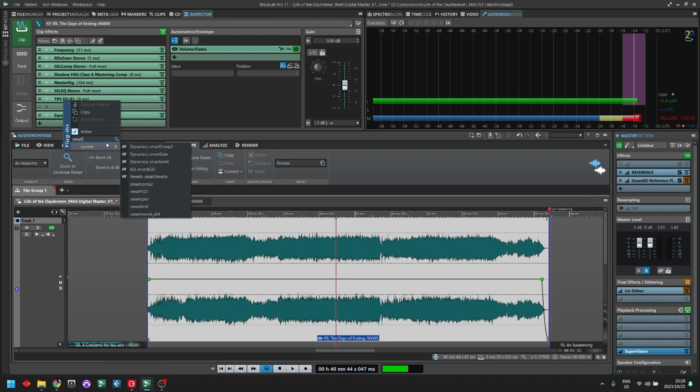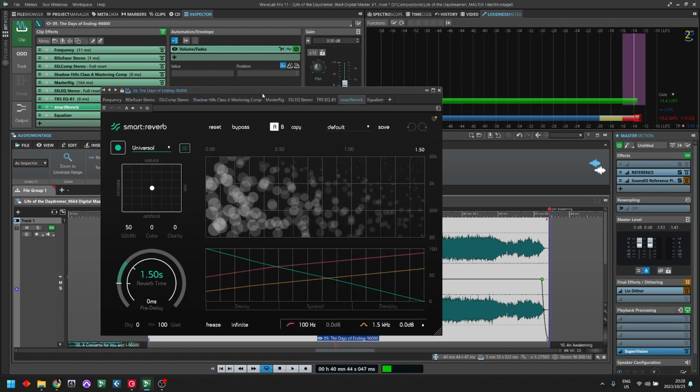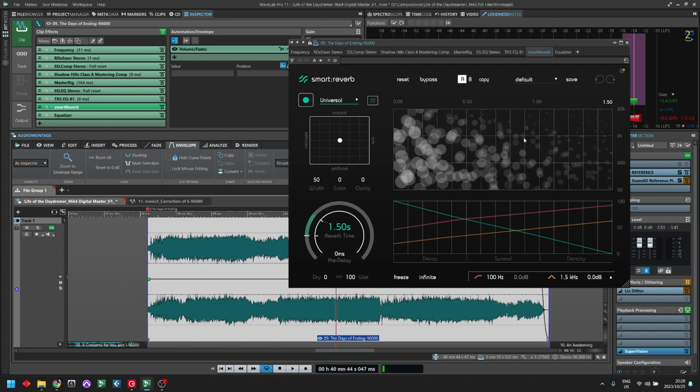So if I go Smart EQ and I go Smart Reverb, the reason for this is it just makes your job a lot easier. These reverbs don't sound the most amazing, but what I'm going to do with it is not use it as a reverb per se. I'm using it to make the sound denser. So if I play this instrumental bit in the beginning,